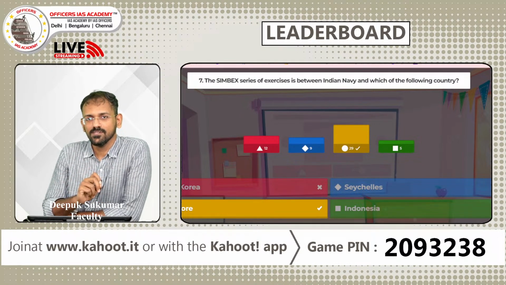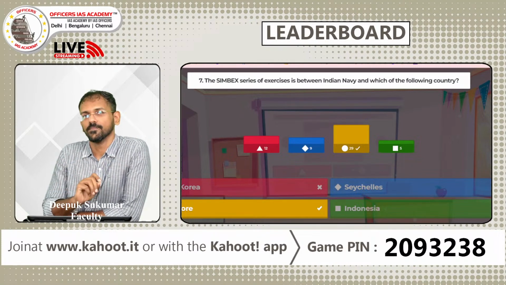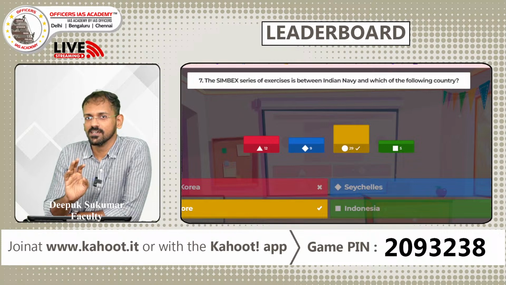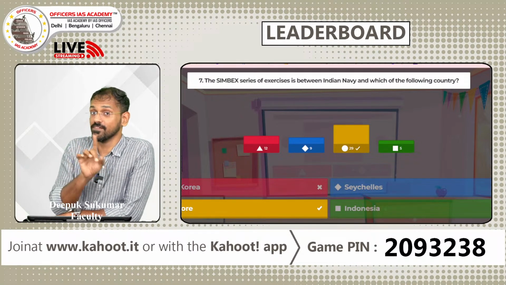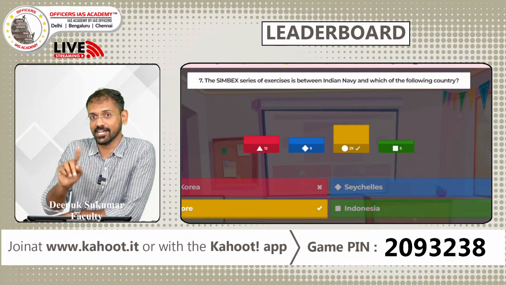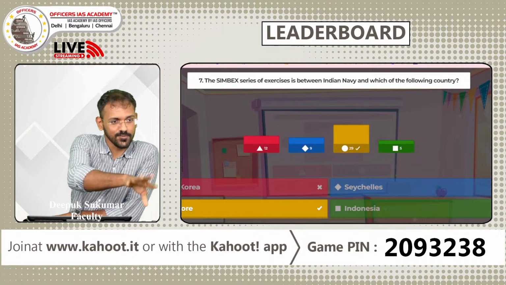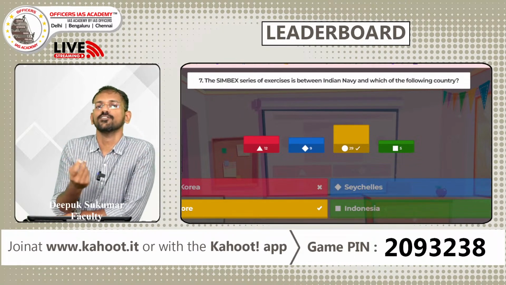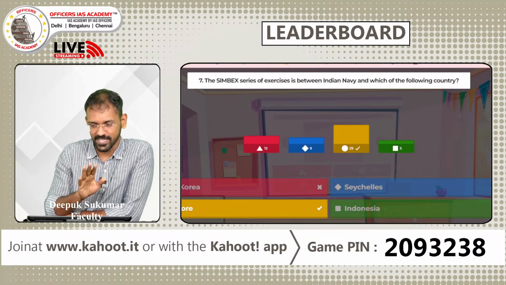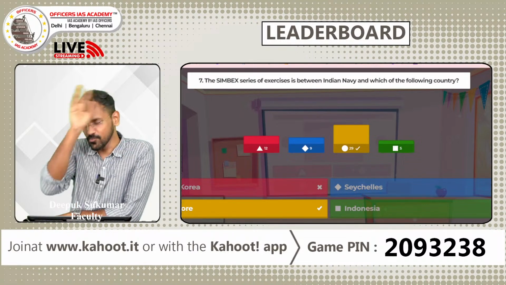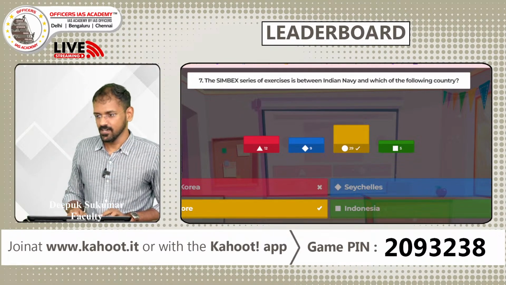See, but sometimes UPSC uses this as a trap. Now, let's say you have no clue about a question, and one of the options nudges you to guess that it's the right answer. When you have no idea about something, but then you think, oh, this should be the right answer because it sounds just like that, there's a good chance that such answers could go wrong. So you need to be a little bit cautious in the actual exam. Not always will this technique work. There are so many other techniques, but this particular one, you need to be a little bit cautious. It's not really a technique. Okay, let's move on.